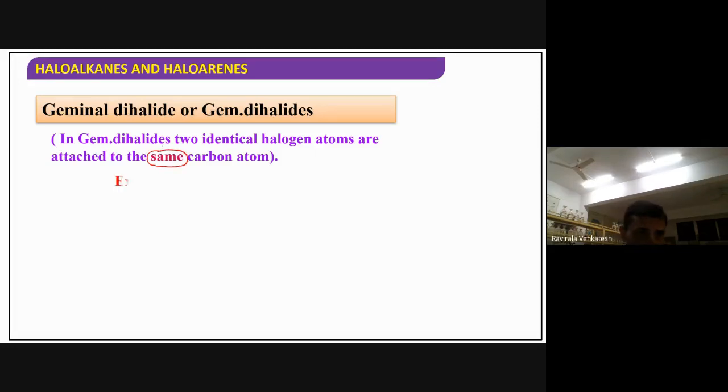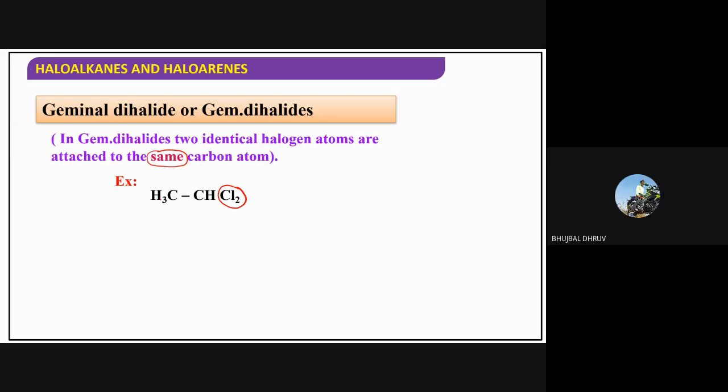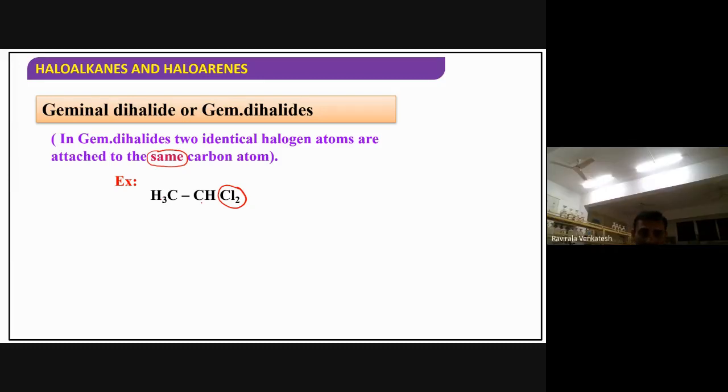Okay, let me see like this. So I've taken one example. You observe here, the two halogens are on the same carbon or different carbon? Tell me. The two halogens, that means two chlorines, are on which carbon? Same carbon or different carbon? Same carbon. On first carbon, that is the same carbon, right? So this is nothing but called geminal dihalide. If the two halogens are present on the same carbon, they are called geminal halide. Understood here?